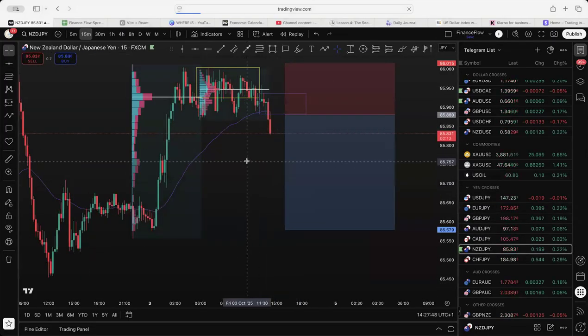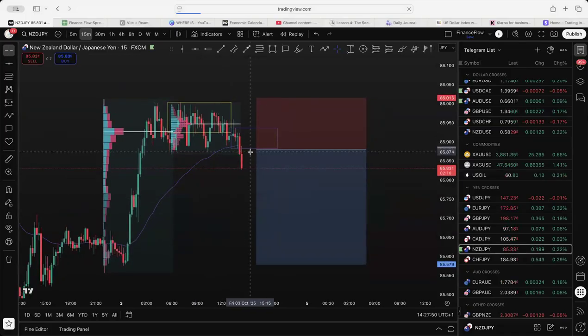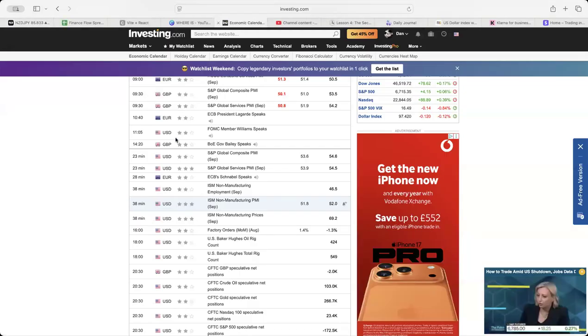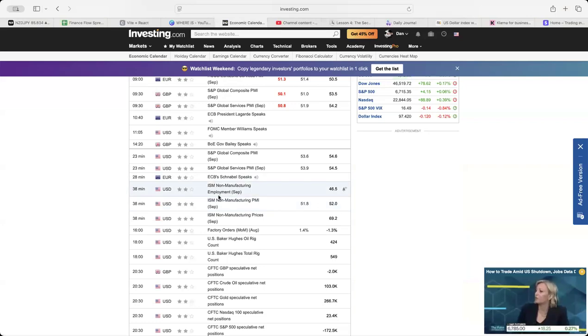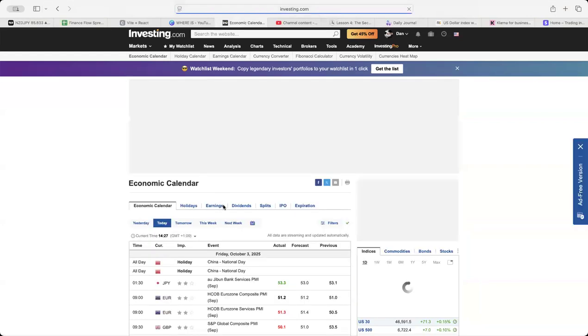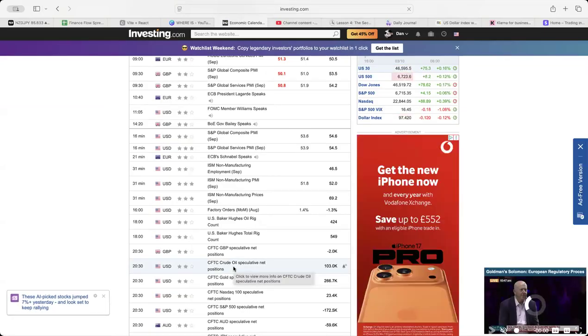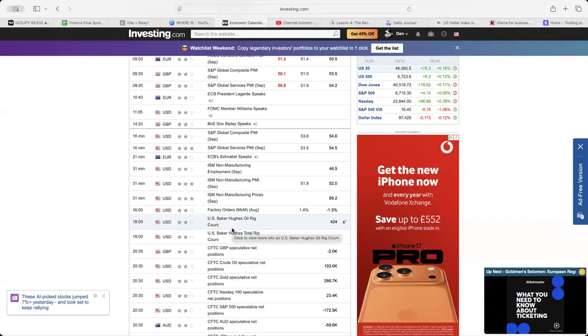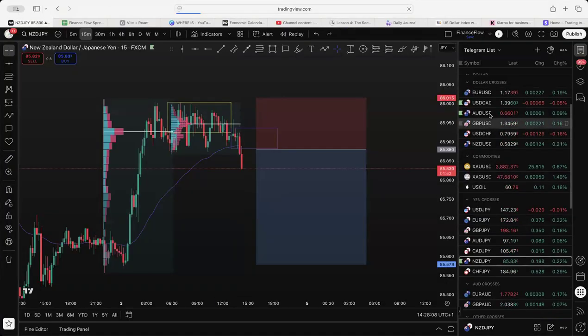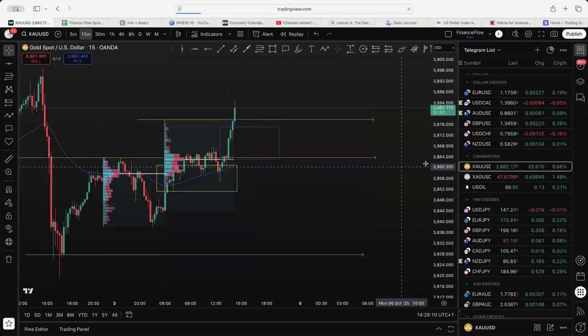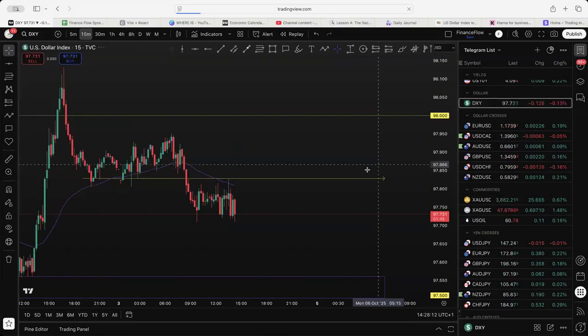I do like NZD JPY, but I'd want this retest here. So let's wait for 2 minutes. Just double check this news does come out. Or is it at 3? It might be at 3 it comes out. Comes out 2:45. So we'll probably be off the call by then. So let's map out one alternative for everybody.